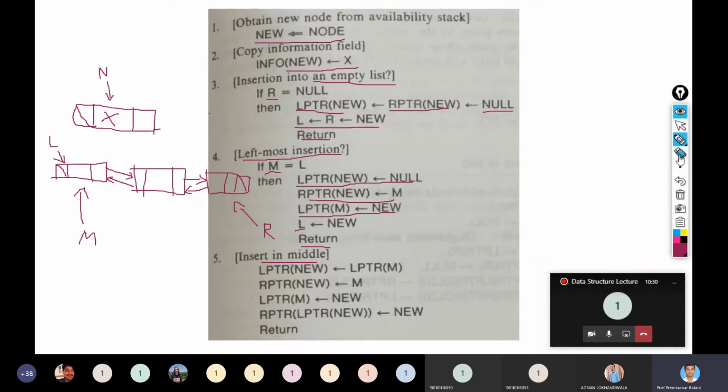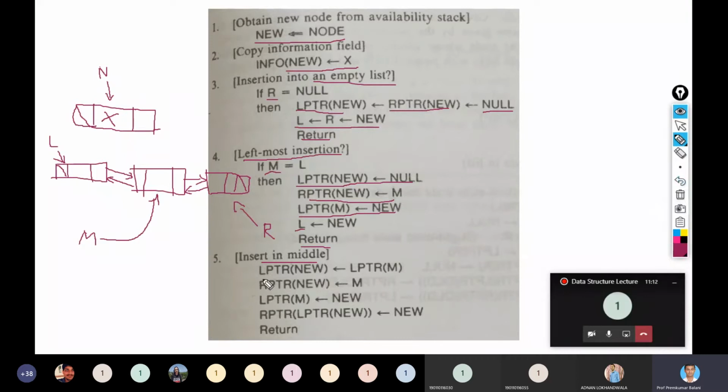Okay. And now let me say that this M tells us where to add the new node. So this is, suppose, pointing to this node, the second node. It can point to the last node also. For all, the steps will be the same, whether M is pointing to an in-between node or the last node. These steps will be the same. So now suppose my M is pointing to this, so that means we need to add the node here in between these two nodes, right? So let's follow the steps.